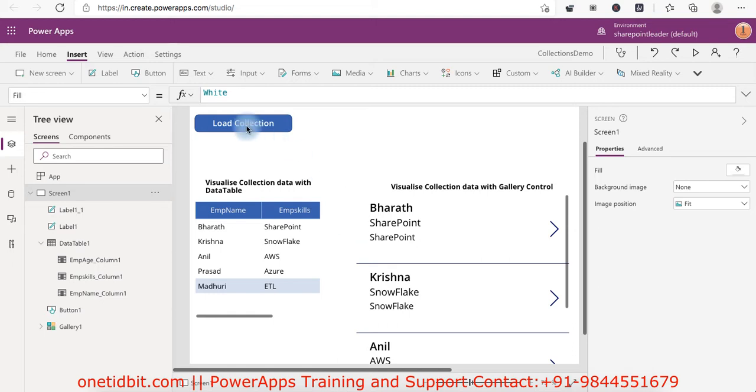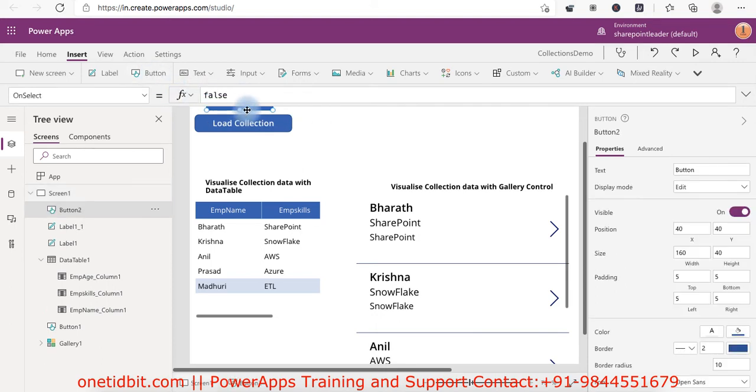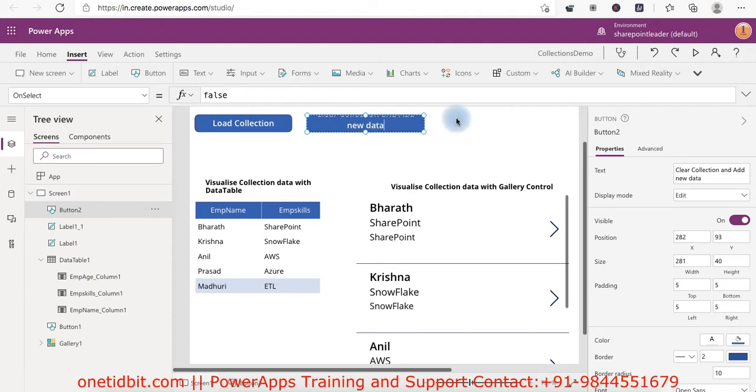Okay, for that we will take a new button here and name it as clear collection and add new data. Okay, so